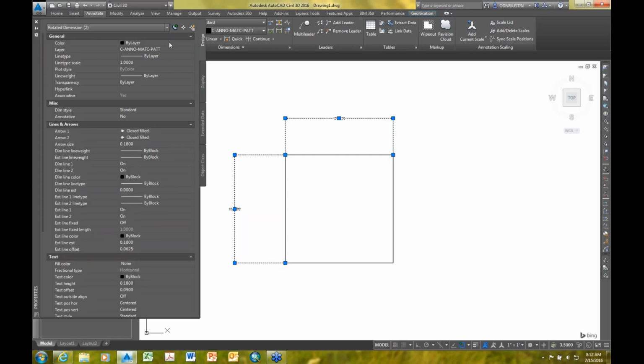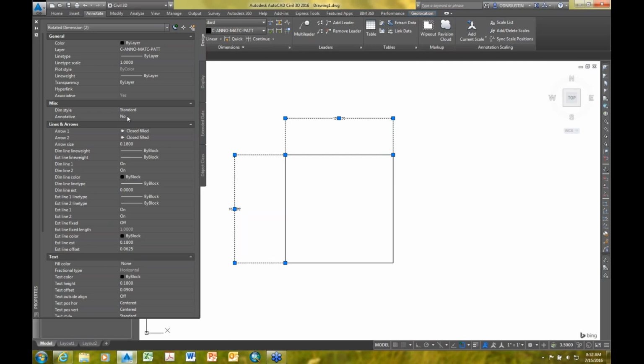You can get to all the different elements that are established to that feature. So I can change the arrows and so forth. I can change the sizes. But what I did with this is I drew this as a standard dimension, okay, and it is not